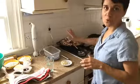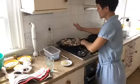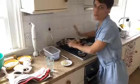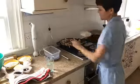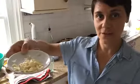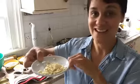And by the way, I warmed this up slowly just before we got going, which helps speed up the whole process as well. And in here I've got 4 cloves of garlic, roughly chopped. So you can dial that down if you...